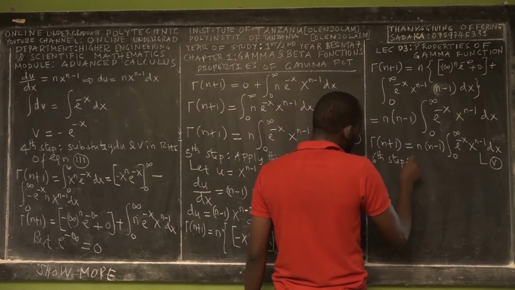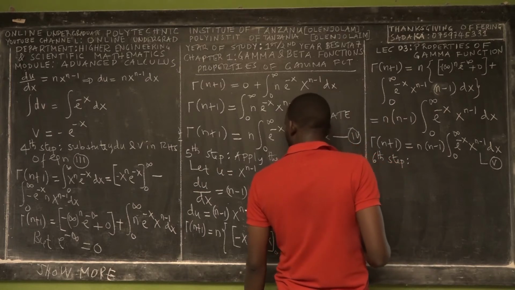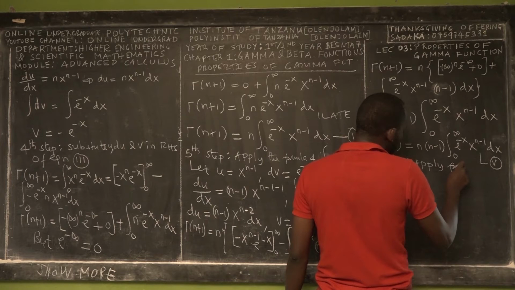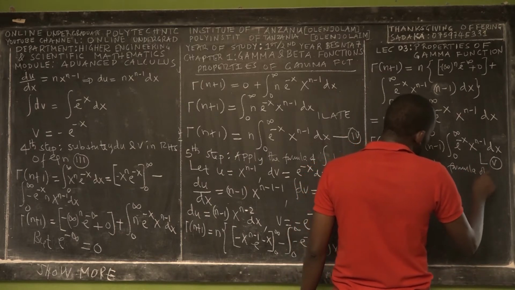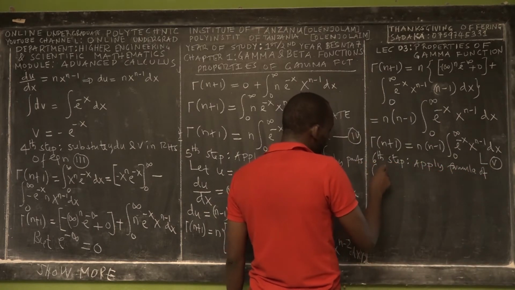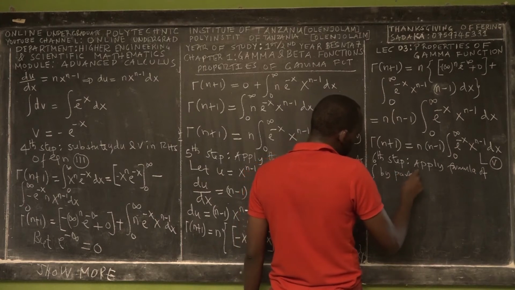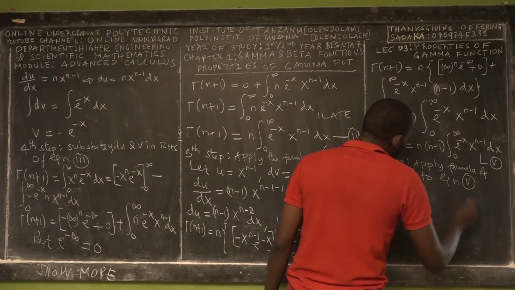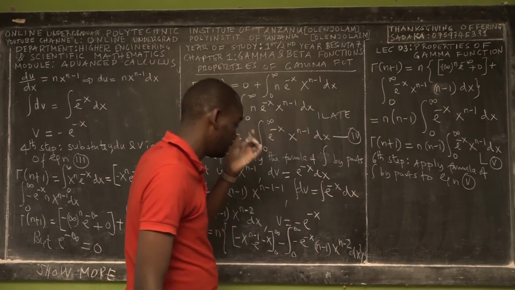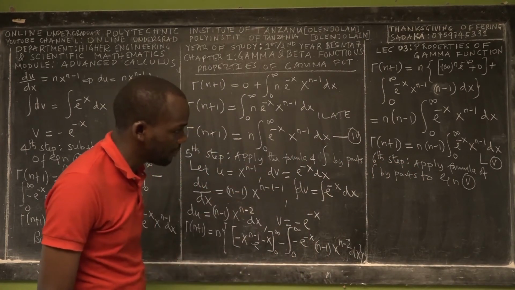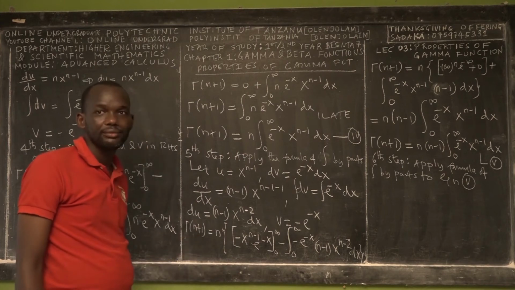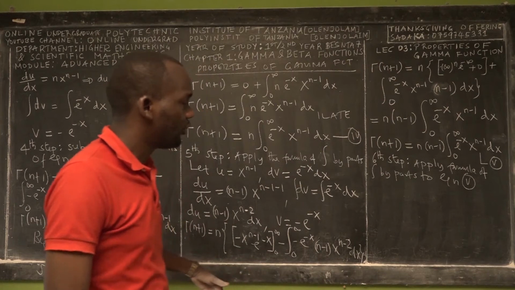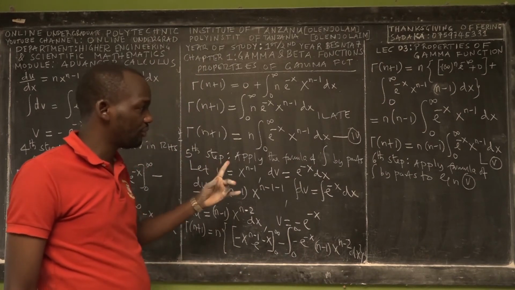The sixth step, we say that we apply the formula of integration by parts to integrate equation 5. Okay, so we are doing integration by parts for the third time. We did it for the first time as we did in the first property, and we did it for the second time. We are just observing a certain property.